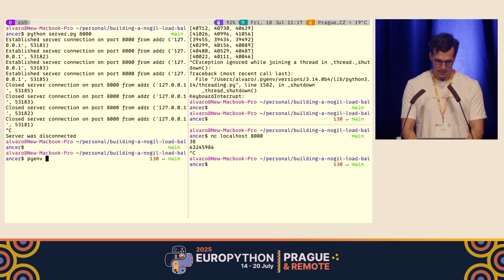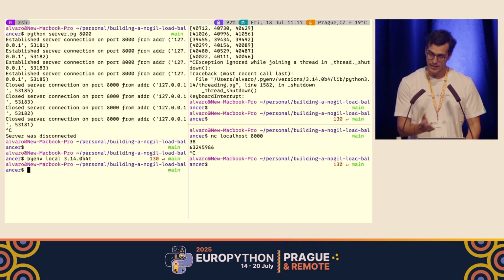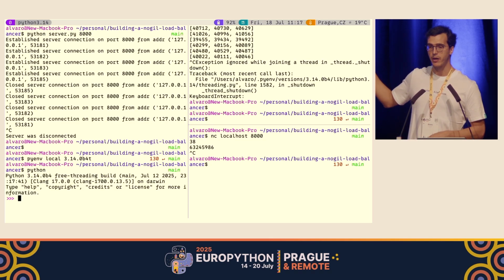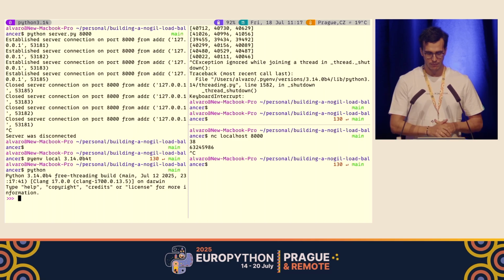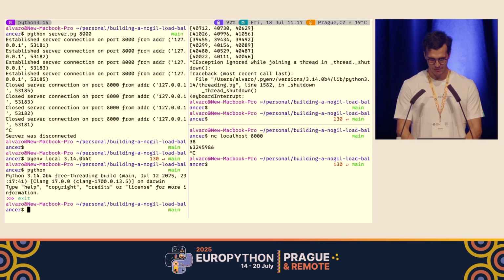So how do I remove the GIL from what's happening? Like I said, I'm using this version of Python. And the way that I remove the GIL is by adding a T to it. That's all there is to it. Let me show you what it means. When I run Python, you can see that there's something called free-threaded build. That means that we're using this special, now non-experimental build of Python, which is without the GIL. And the good thing about 3.14 is that I can do this without having to use a parenthesis, which is really cool.